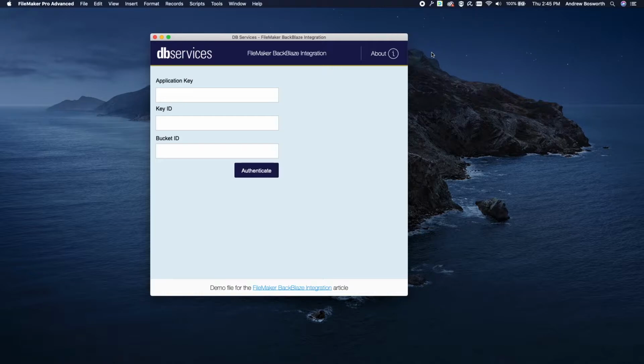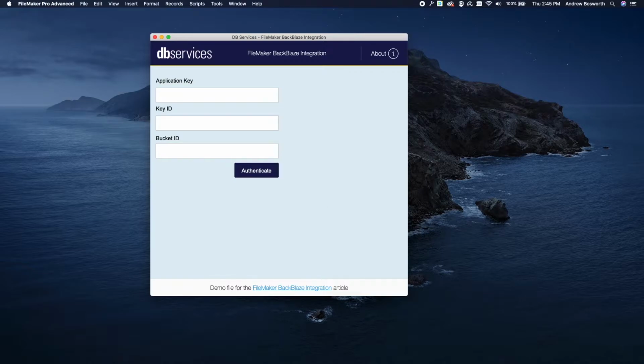Instead of storing all your files and PDFs, images in containers, you can store them in the cloud instead. So it'd make your FileMaker file size much smaller. Alternatively, you can also use it as a means of storing backups. So if you have important documents being stored in your FileMaker system, you can upload them to the cloud, and in the event that your FileMaker system gets corrupt, you can pull it off the cloud because you backed them up already. So without further ado, let me show you how to get this all set up.